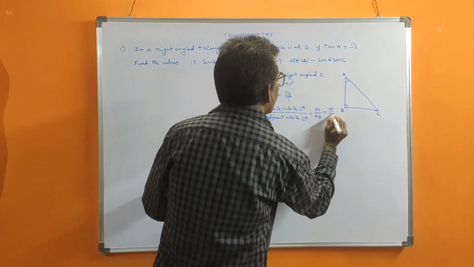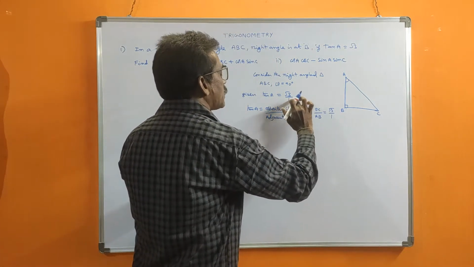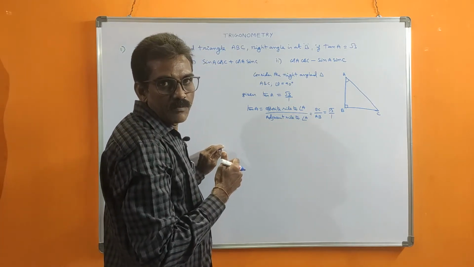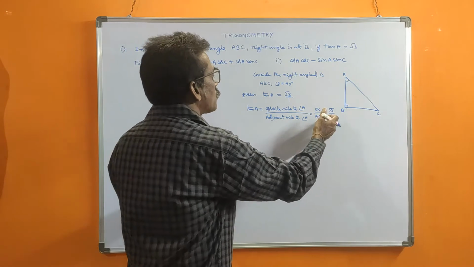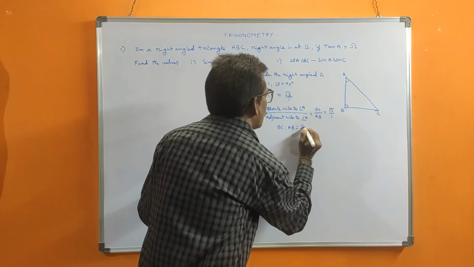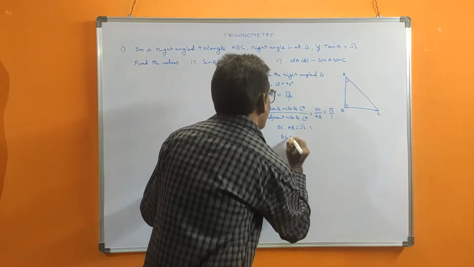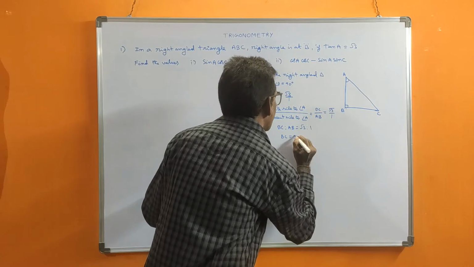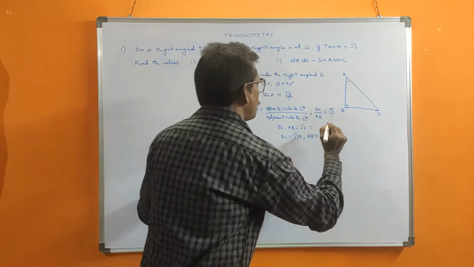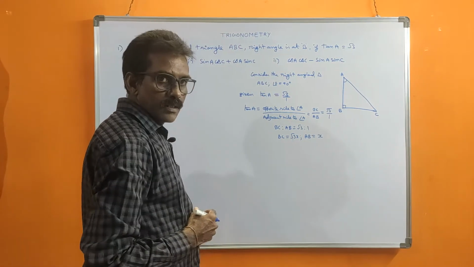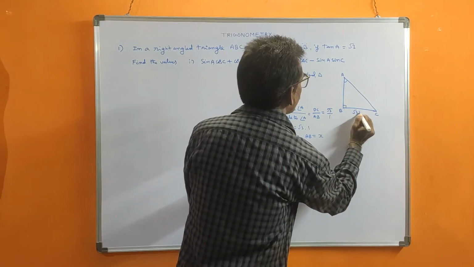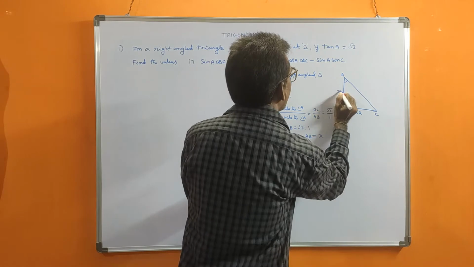Now this is equal to tan A, root 3 by 1, given. That's why I told you, if nothing is there in the denominator it means 1, otherwise you will get confused. So root 3 by 1. Now BC is to AB equal to root 3 is to 1. Therefore BC is equal to root 3x, AB is equal to 1x, so simply x.